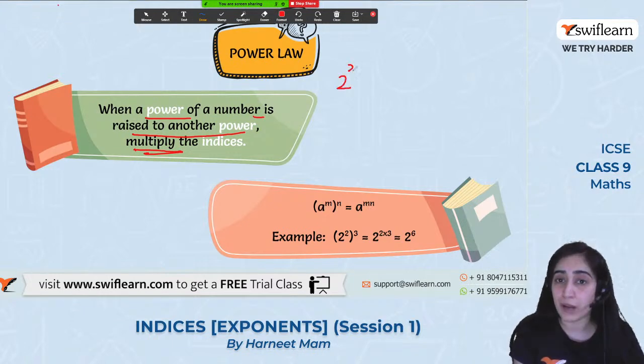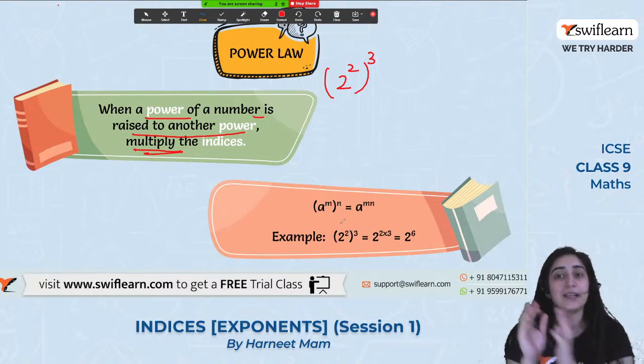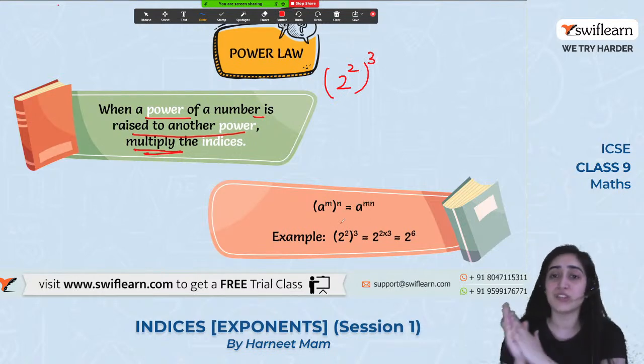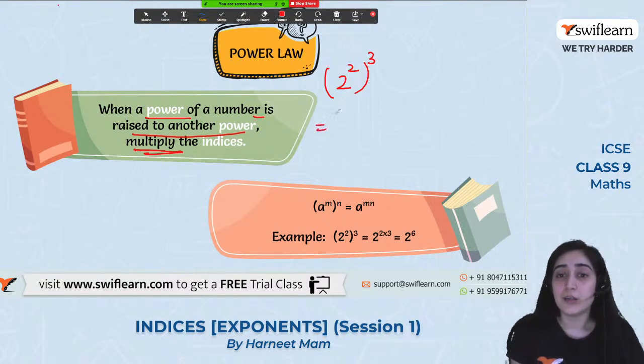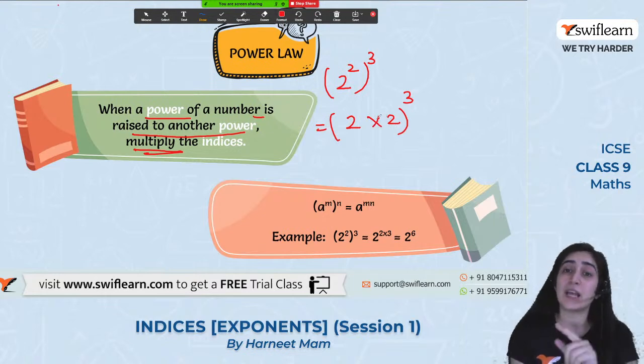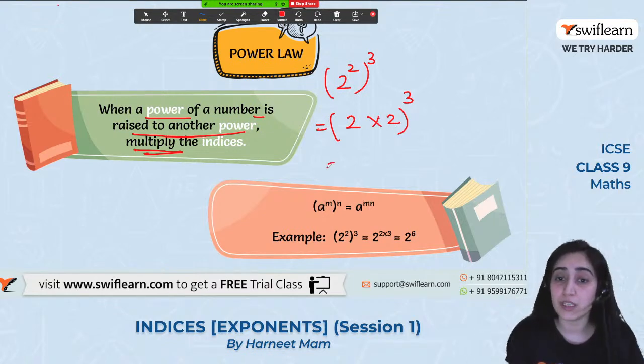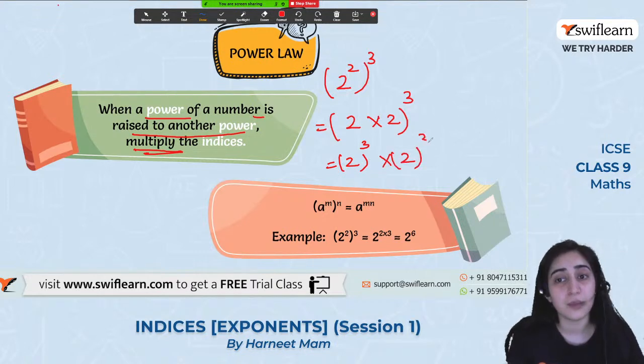अगर मैं 2 to the power 2 raised to the power of 3 की बात करती हूँ, जो यहाँ पर है, डायरेक्टली आंसर मैंने दिखा दिया है 2 raised to the power of 6, बट पहले उसको एक्सपैंड करके समझते हैं कि आया कैसे. ऑलराइट, सो व्हाट डज दिस मीन? पहले तो 2 raised to the power of 2 का मतलब क्या है, 2 into 2 raised to the power of 3. अब इसका ब्रैकेट पावर है, मतलब ये 2 raised to the power of 3 भी है और into 2 raised to the power of 3 भी है.